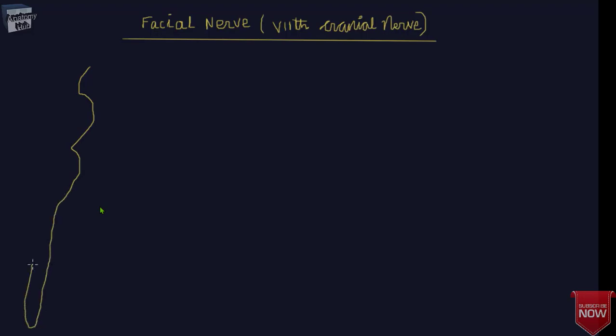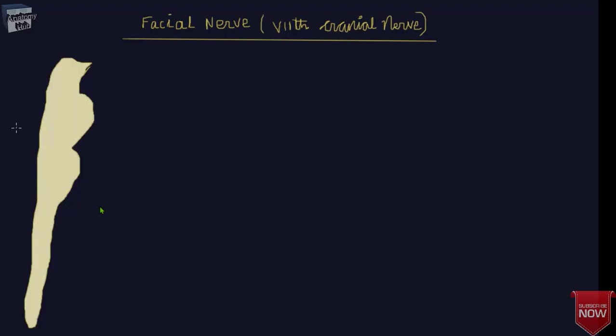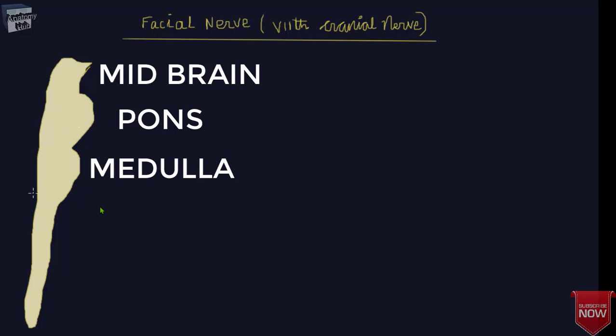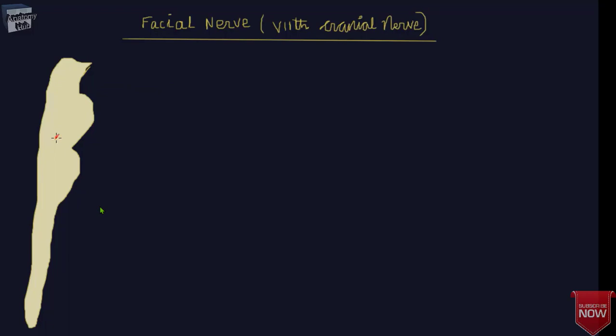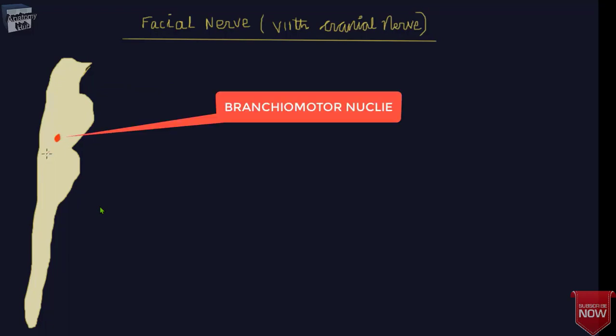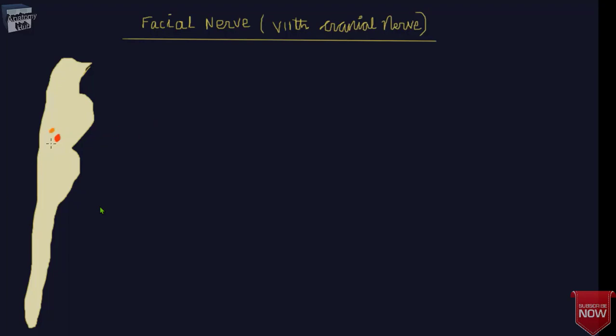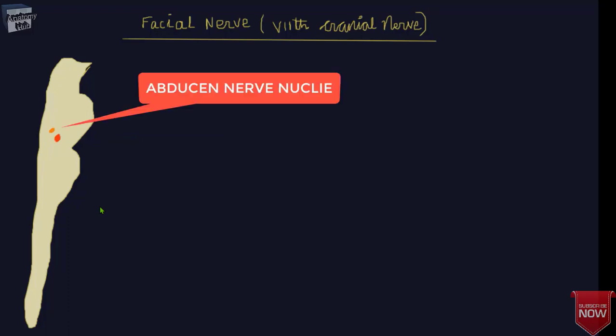So as you progress through this video, we will see from the brain stem how the facial nerve is connected to the nucleus. So here you will find midbrain, pons and medulla, and here we will see the nucleus of the facial nerve. So first here we will find the branchiomotor nucleus, or you can say the motor nucleus of the facial nerve, and here you will find the abducent nucleus, and